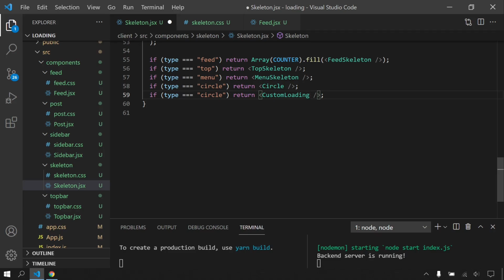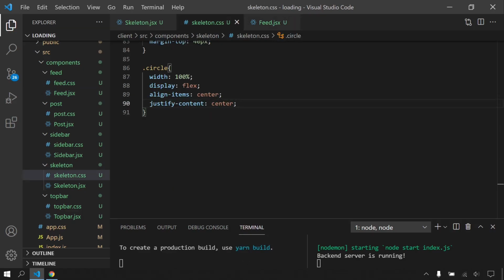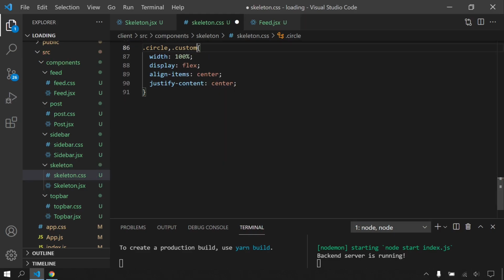So let's come here and duplicate. It's going to call our custom loading. If I write here custom. So let's come here and change. It's not going to be circle, it's going to be custom. And here, let's do the same thing for custom also. Our main container will be centered.